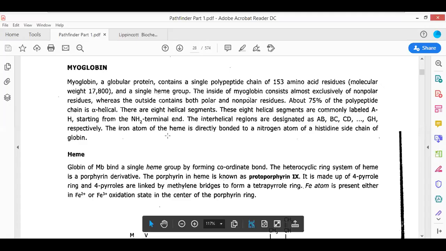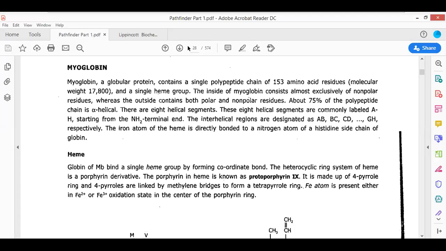Okay, look here. Now see, this is what I was telling you. It is a globular protein made up of a single polypeptide in nature. Okay, it is made up of a single polypeptide. Yes, it's on 22, so I was correct at that point. Now see, this is a globular protein consisting of a single polypeptide of 153 amino acids.